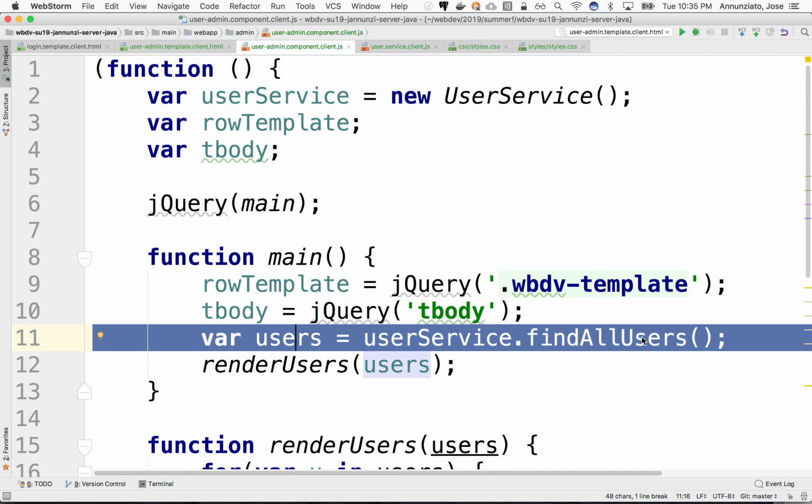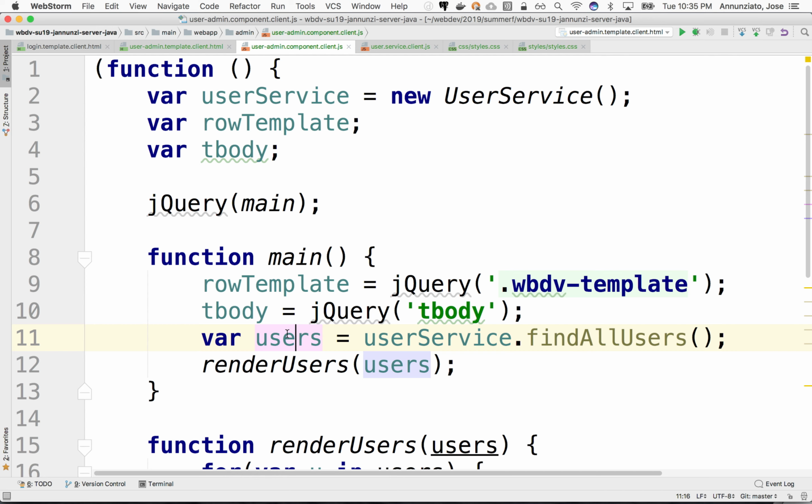It would be very dangerous to have the single thread JavaScript just wait and block for this. The service might not ever come back. The server might be down, so we can't risk waiting for the response. Instead, what this returns is not users. It returns what is called a promise.